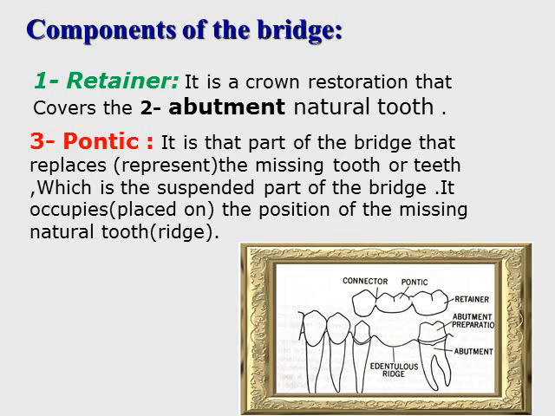retainer. It is that part of the restoration which represents the crowns which are going to be placed on the natural tooth to fix. It has the function of supporting or fixing the bridge on the tooth. The tooth which is going to receive the retainer, we call the abutment. It is a natural tooth which is going to be prepared in a special way to receive the retainer of the bridge. Between the retainers we have